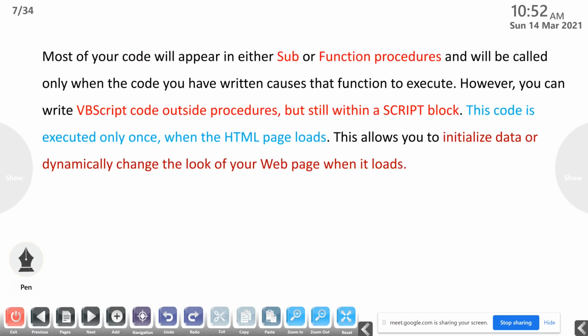Most of your code will appear in either sub or function procedures. In VBScript, we are using sub procedures or function procedures, and they will be called only when the code you have written causes that function to execute. However, you can write VBScript code outside a procedure, but still within a script block.